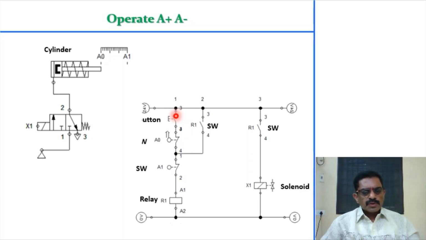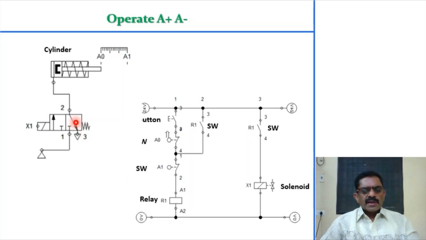So this is a push button, and this is a switch. So this is A0, and this is A1. So both should be closed contacts, not open contacts. Then only you will have power supply to the relay. Relay will be actuated. So I am latching this relay because even if I release the push button, there will be a continuous power supply till this relay is activated. So then I will have power supply here, and this will become closed, and this will actuate this solenoid. Ultimately this solenoid will actuate this position. So this position will be occupied here.